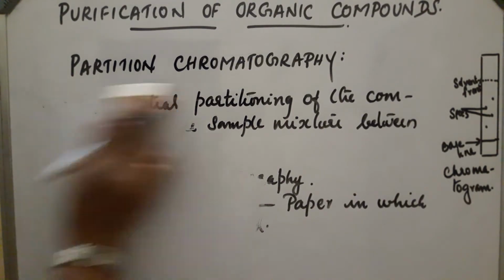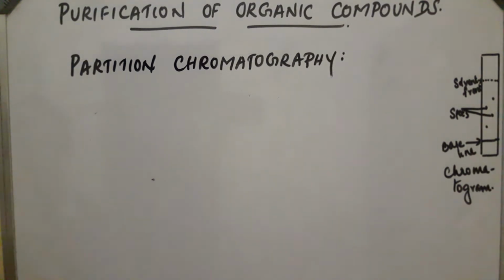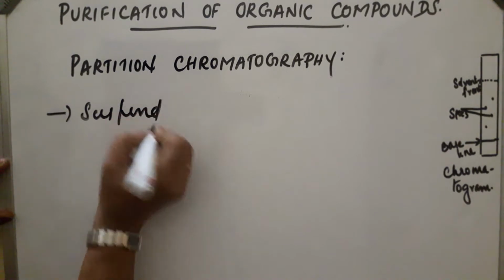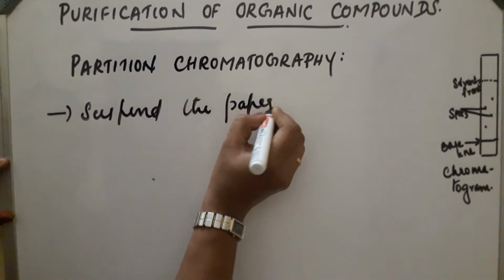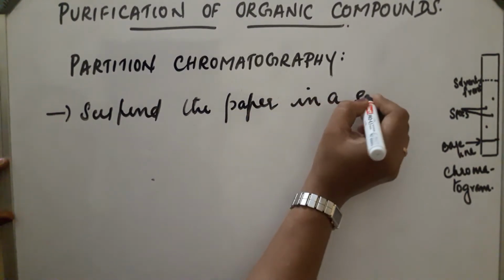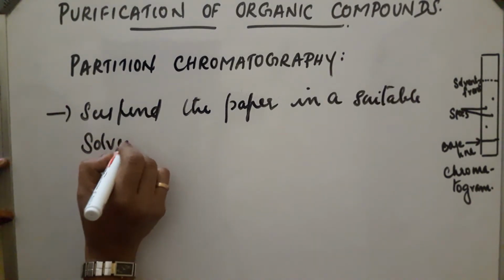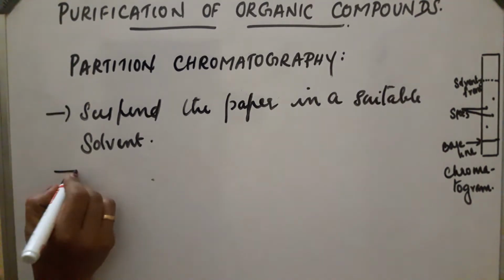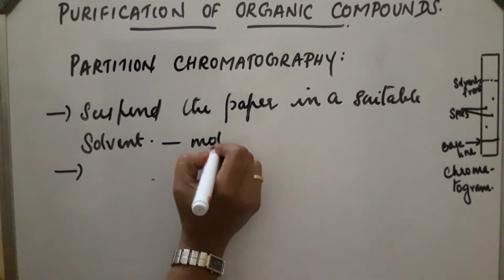Next step is we have to suspend the paper in a suitable solvent contained in the jar, and the baseline must be above the layer of the solvent. Next, the solvent, this is also the mobile phase,